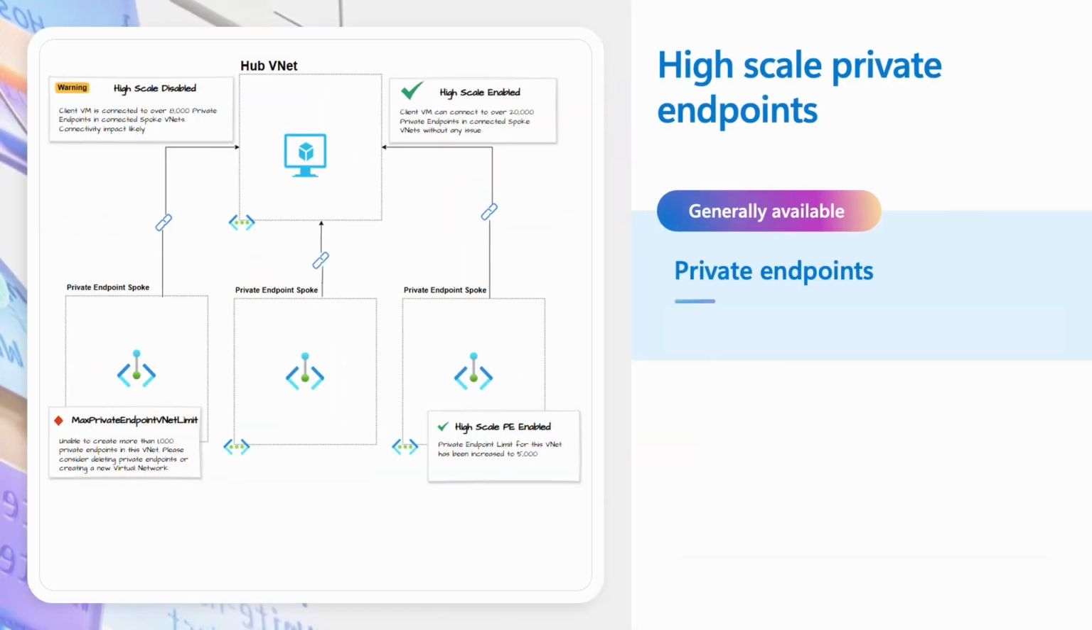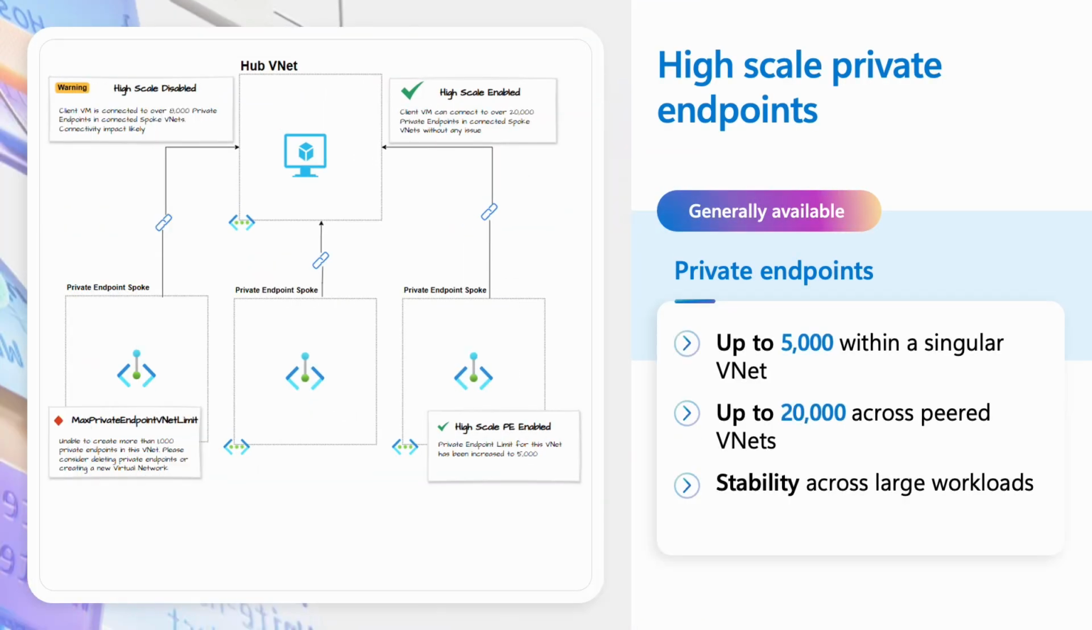at scale. Now let's talk about innovations in the foundation space. The first one I'll talk about is Private Link scale. Now you're able to create up to 5,000 private links in a VNet and 20,000 in connected VNets. That is 20x what we originally offered, giving you the ability to scale your private links. Because Private Link is based per resource, we heard the feedback from customers on the need